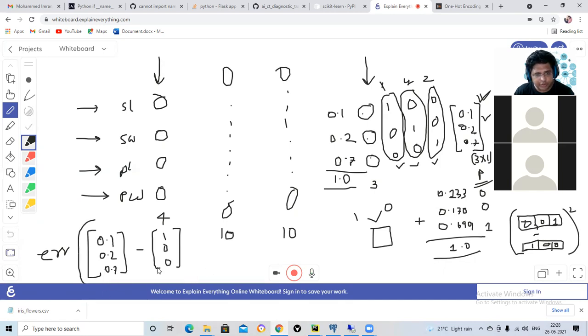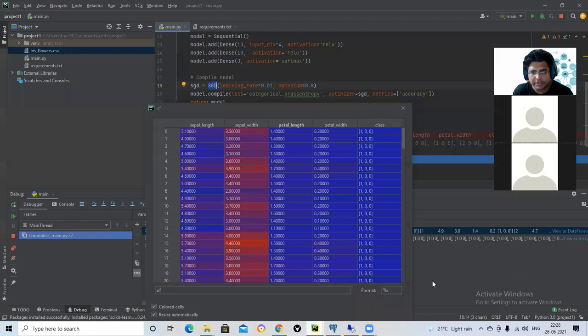And then we take the whole square as the sum of least squares, and differentiate this with respect to the weights, and then do the backward propagation. Yeah, we might negate it. Okay, so that is the main trick here. So that's why we converted this class into a one-hot encoded vector.